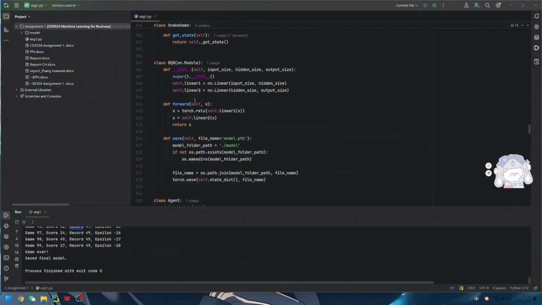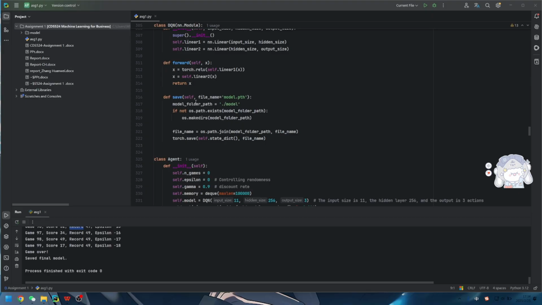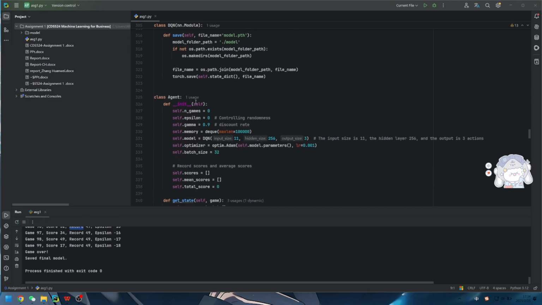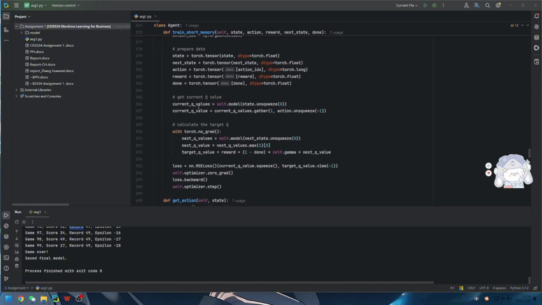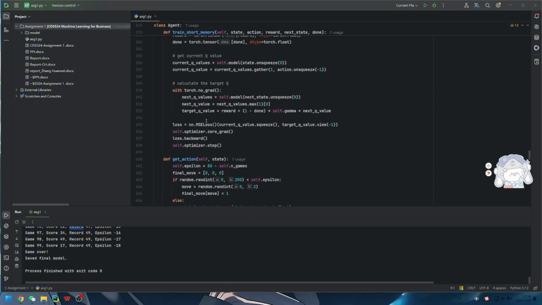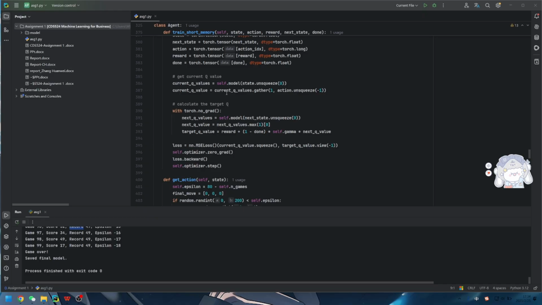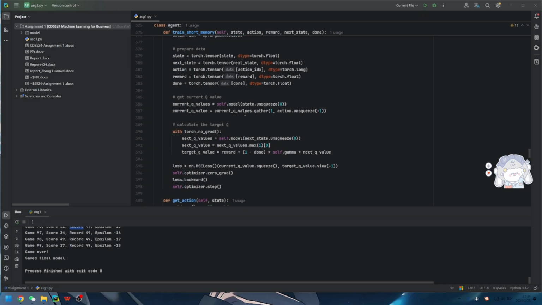So in my code, I calculate the target Q value based on the reward and the maximum Q value of the next state. As you can see,